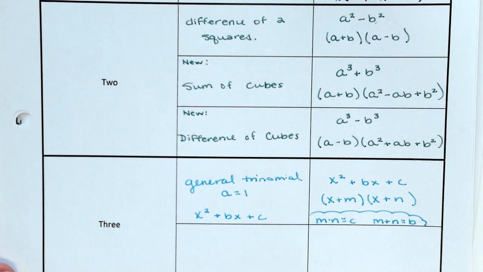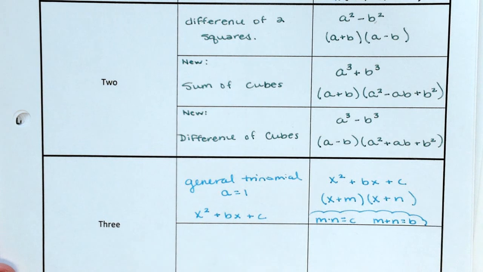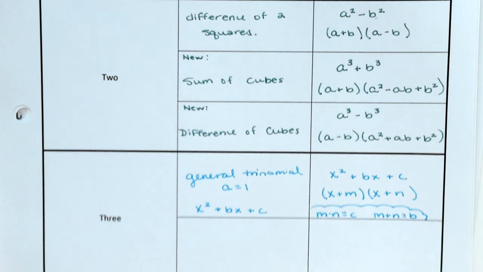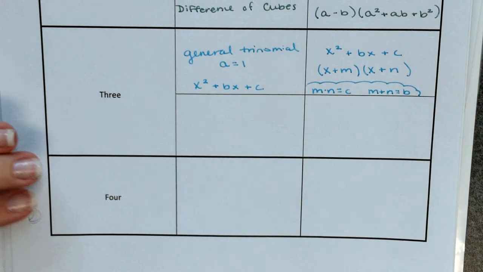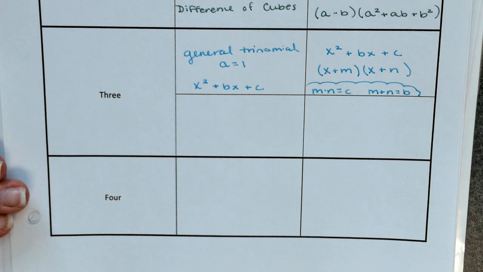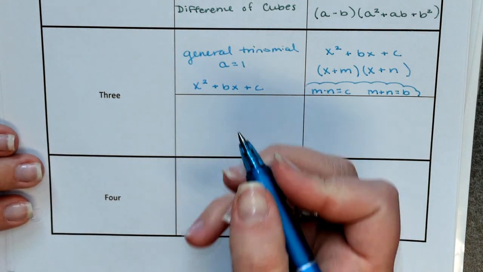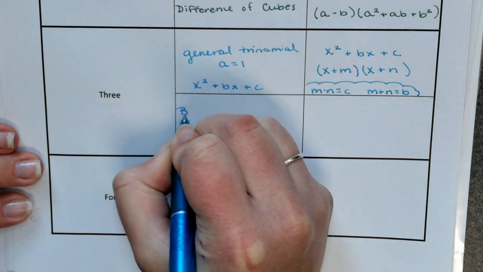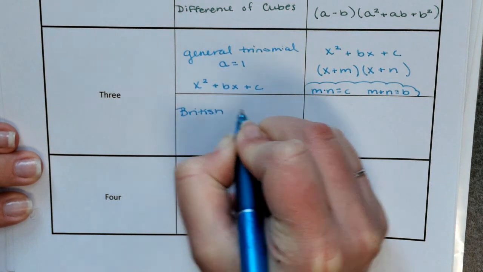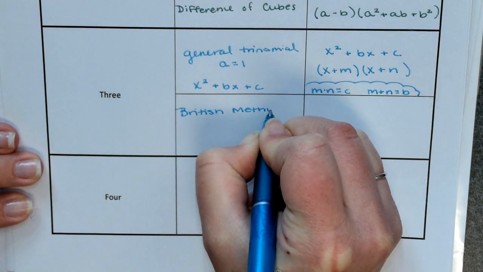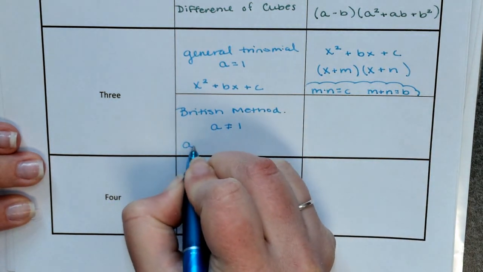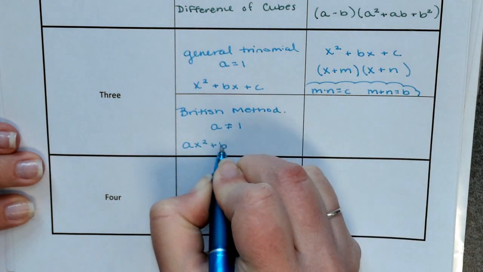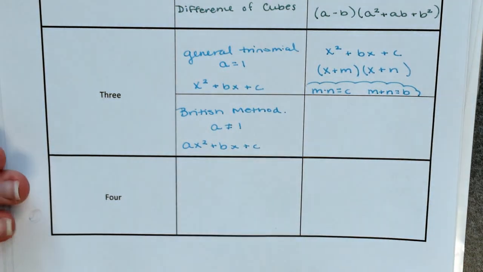Okay. Now, we did not go into the other methods. We used guess and check. I'm going to write this out. And if you're interested, you can do more research on it. But really, it's just unfoiling. There is a way, and it's called the British method, that if a is not 1, and it's written as ax squared plus bx plus c,